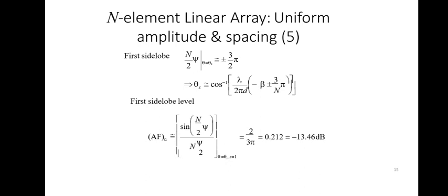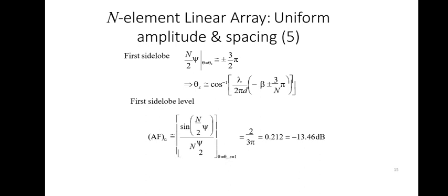Why do we take θs? You have to observe in the figure itself what the spacing between the elements is, which is indicated by d. And already you know that β equal to 2π by λ. And you know that n is an integer. So you have to substitute those values and get the first side lobe angle. At this moment the angle will come approximately equivalent to plus or minus 3π by 2, that means 270 degrees generally.